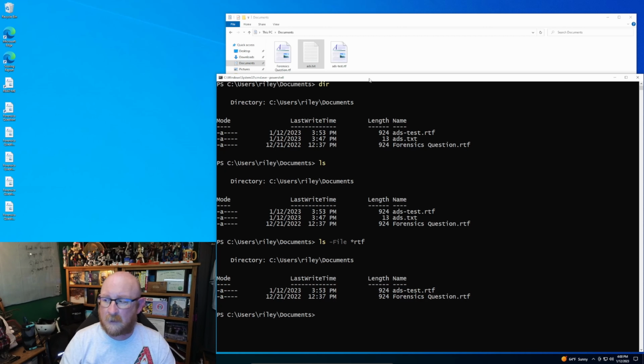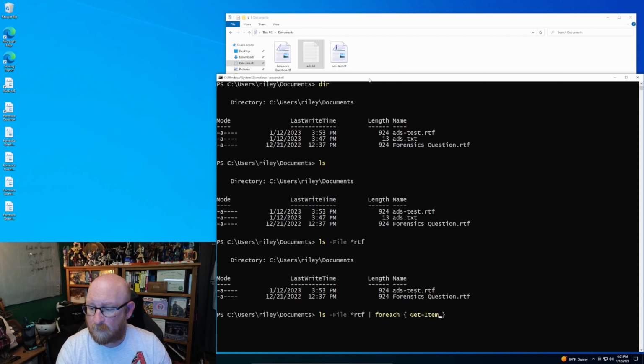And you notice that the alternate data stream still isn't there. So in order to get that, we have to delve further into it by calling different elements from a different program, which is enriching it through the PowerShell pipeline. So we're going to start here, and we're going to pipe it to ForEach. And what we're going to do is inside our squirrely braces here, we're going to do Get-Item, and then we're going to do the $_